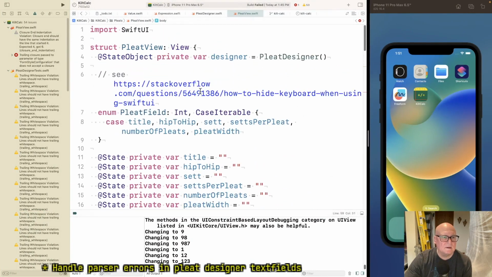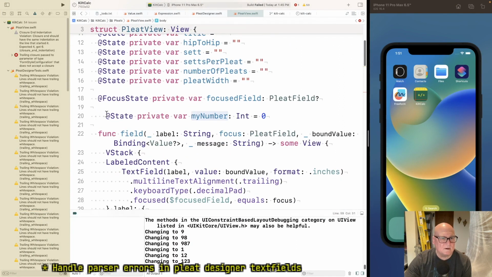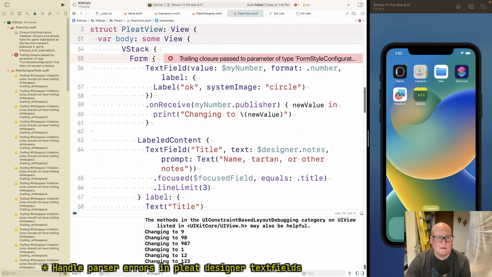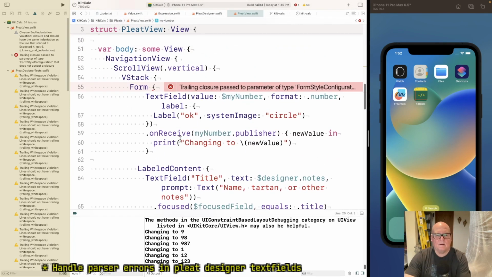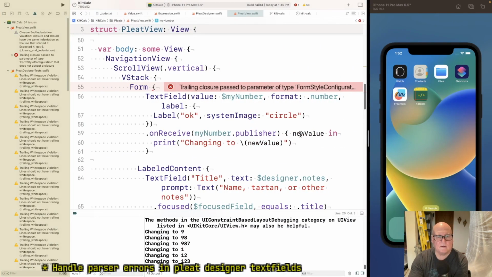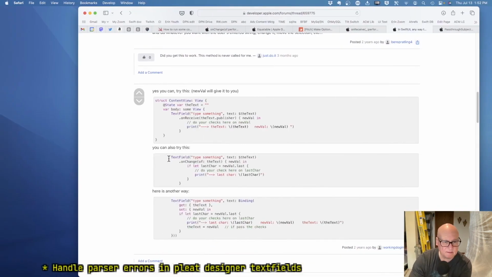We have at state var my number. On receive, new val in.